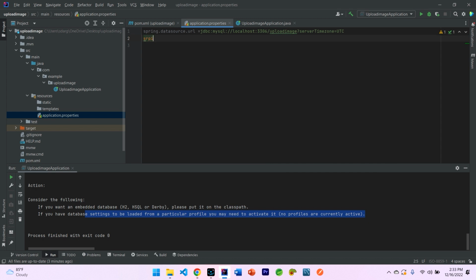And spring.datasource.username equals root. Spring.datasource.password equals admin. Spring.datasource.hikari.minimum-idle equals 1. Spring.datasource.hikari.maximum-pool-size equals 2. Spring.jpa.hibernate